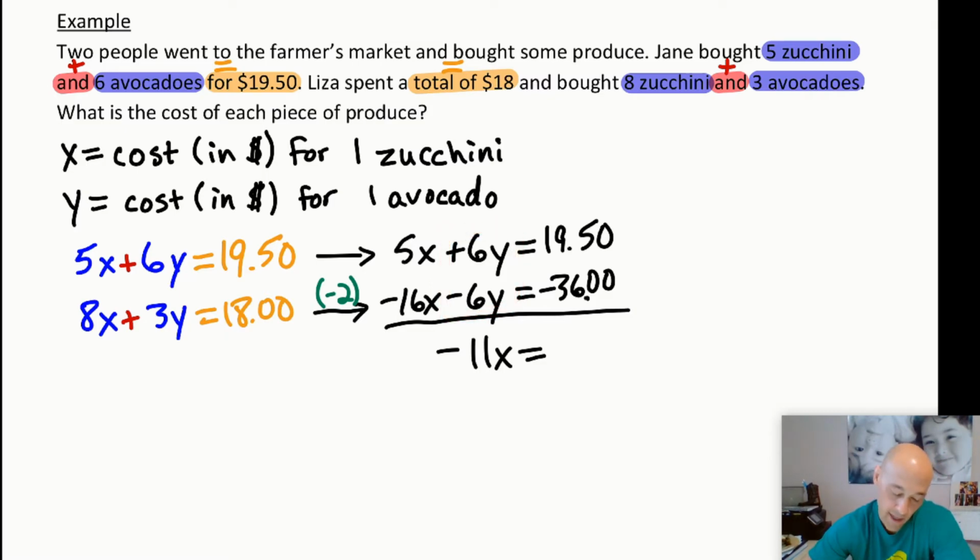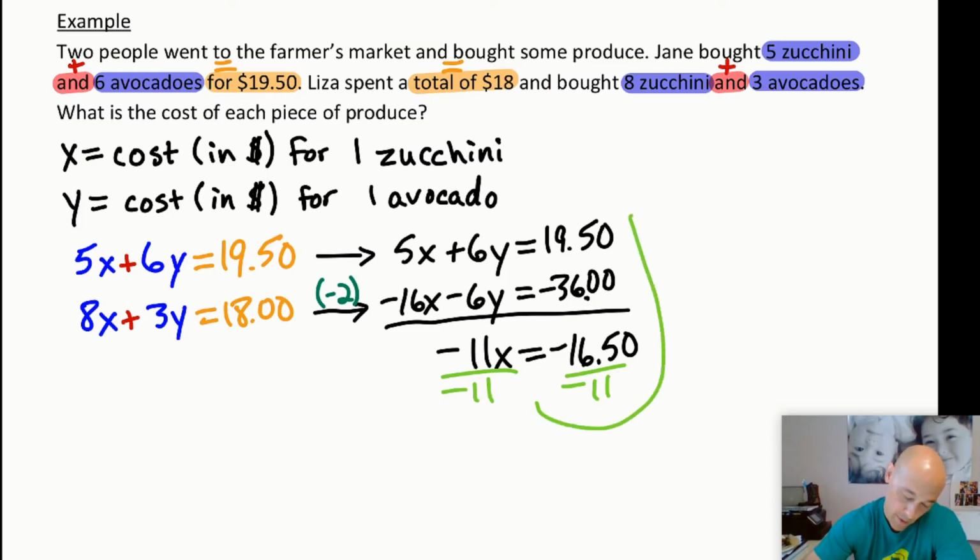So 19.50 minus 36 is negative 16.50. My next step will be that I need to divide by 11. So here I'm going to divide by negative 11, that is, excuse me. When I divide by negative 11, I'm going to bring my result right up here, and I'll get x is